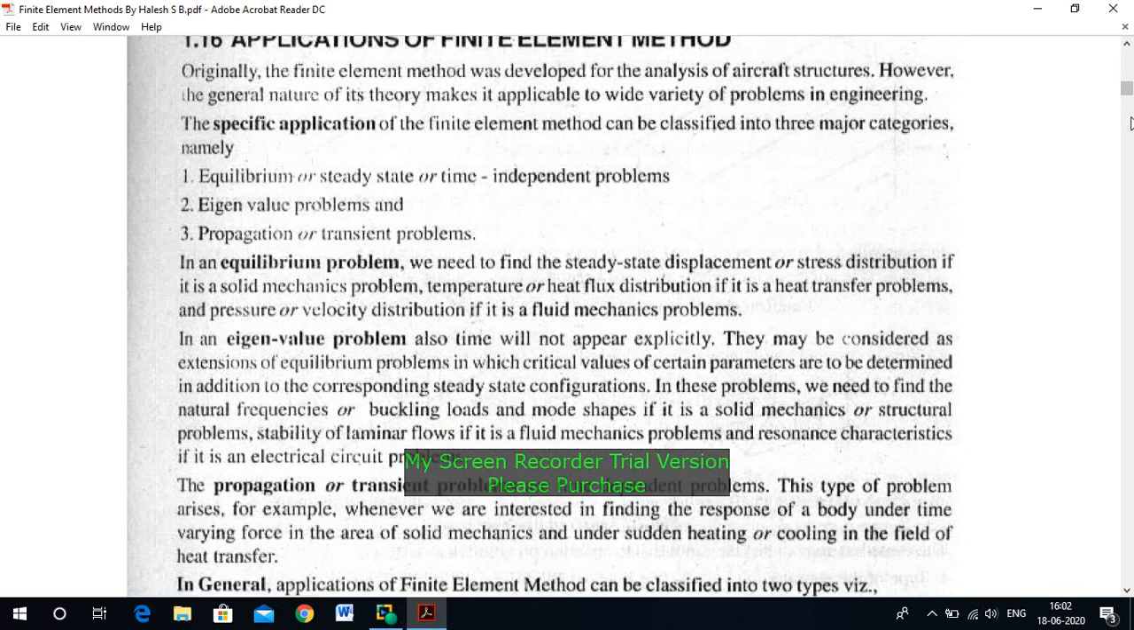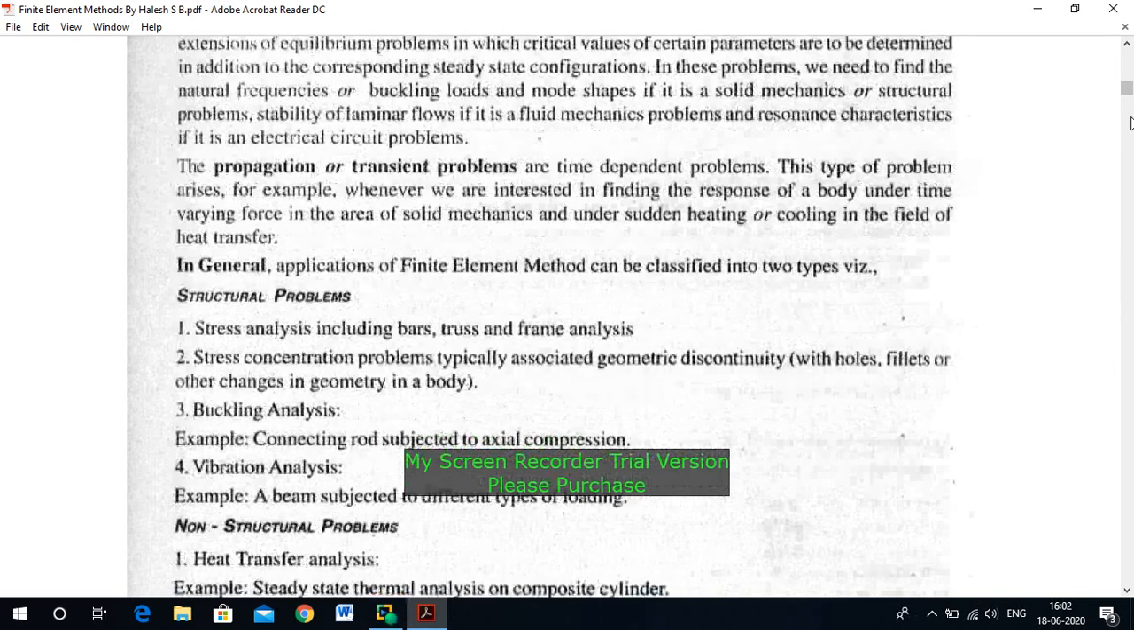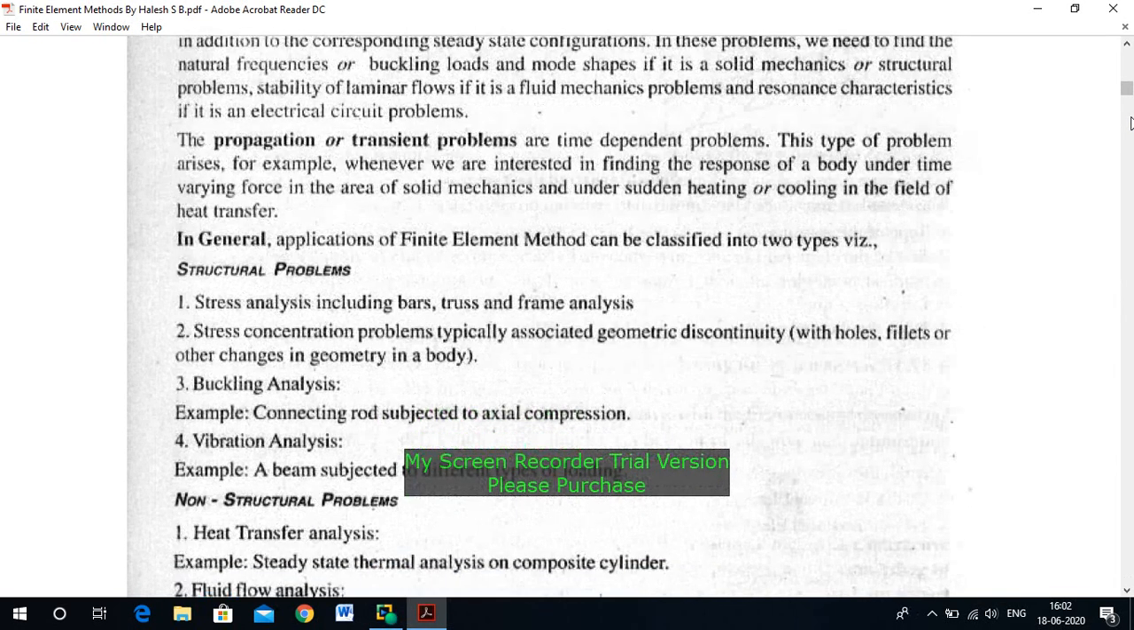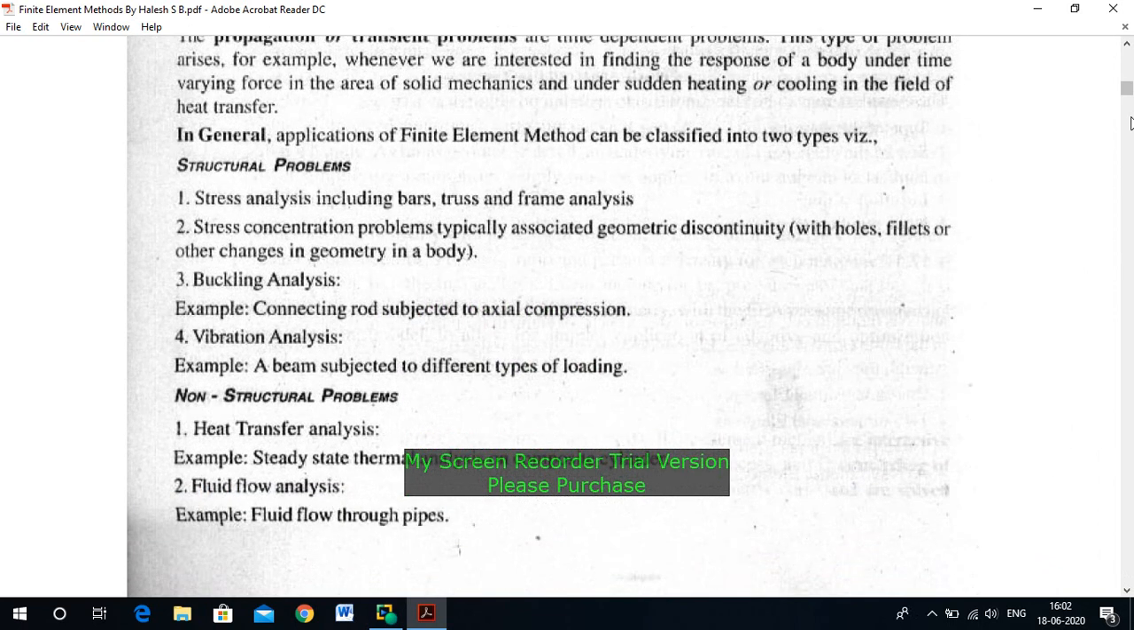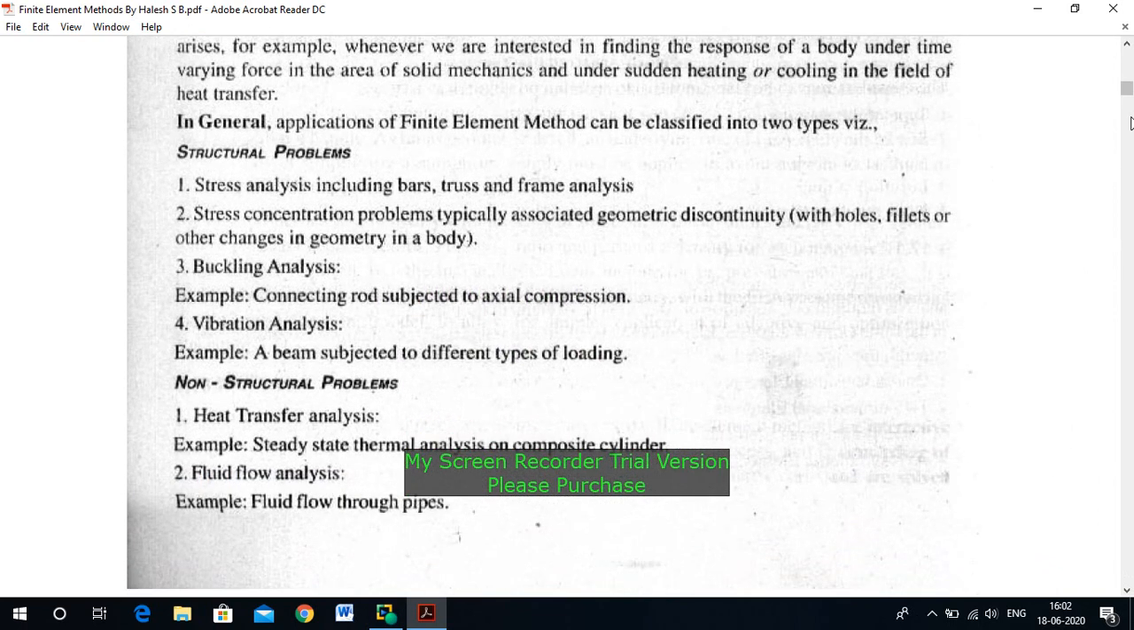In general, applications of the finite element method can be classified into two types. The very first one is structural problems. For example, if you consider any bars or truss or any type of frame structure, if you want to analyze them,